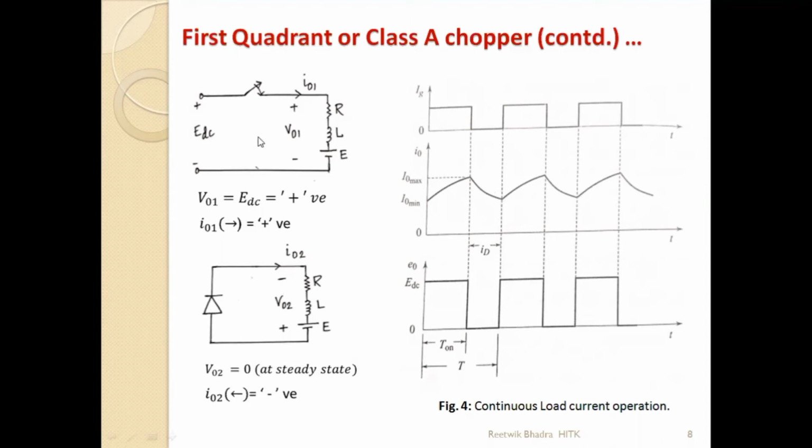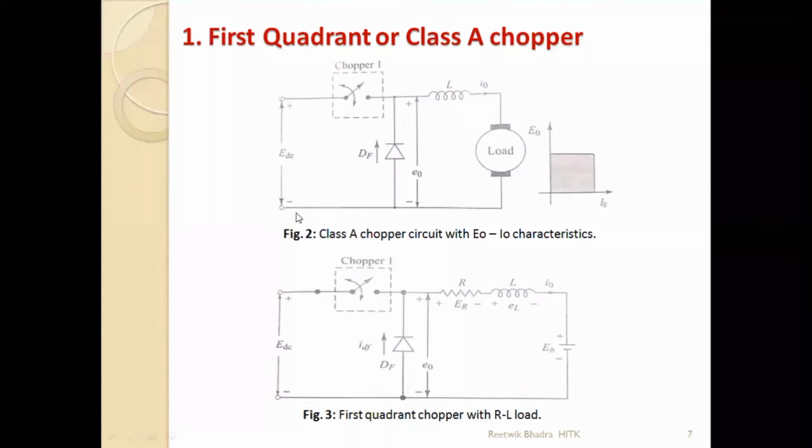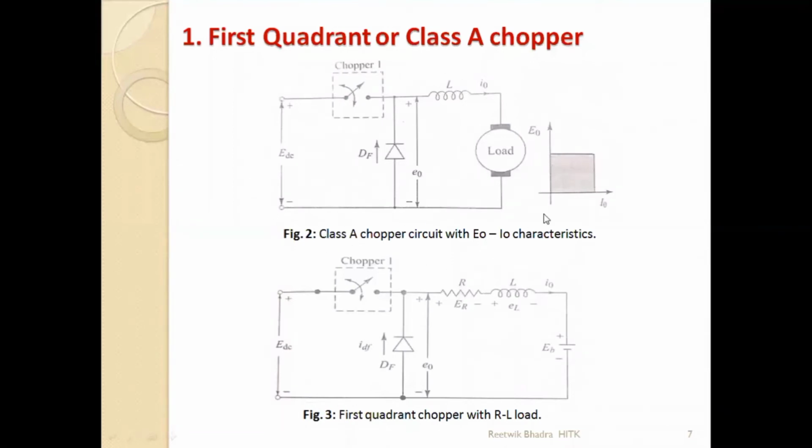But now how will we calculate this value? See, I01 direction is entering my load. I02 is also entering my load. Going to the main figure, all directions considered in the main figure are positive. So the current direction is over here, entering my load. I0 is entering my load. E0 upper terminal will be positive, lower terminal negative. Then only E0 will be positive. These are the standard directions and polarities of voltages and current.